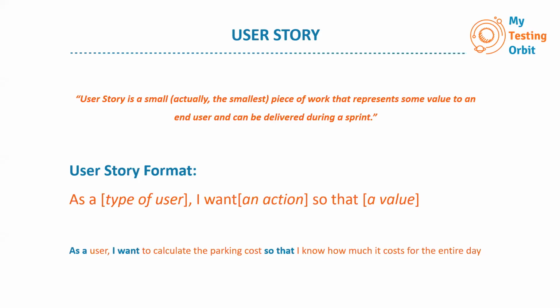And this enables the entire team to get a better understanding of what and why. A user story is basically comprised of what we are doing and why we are doing it. A user story doesn't cover how,